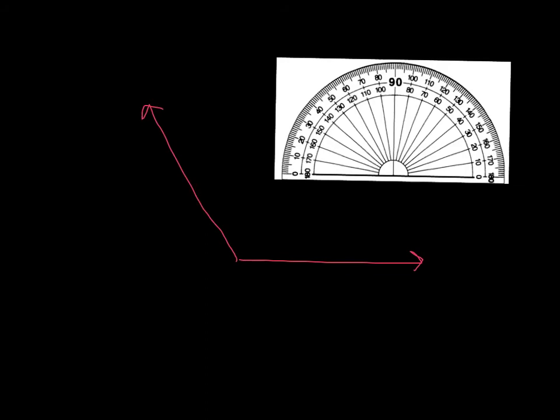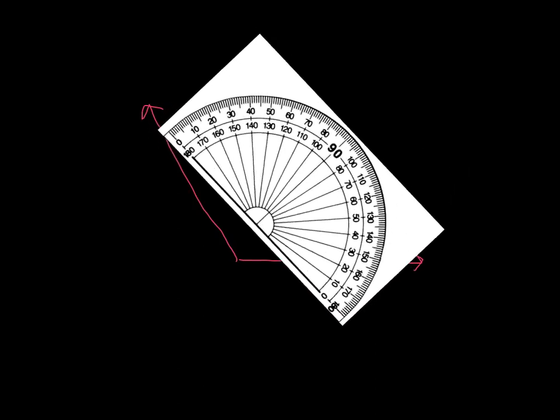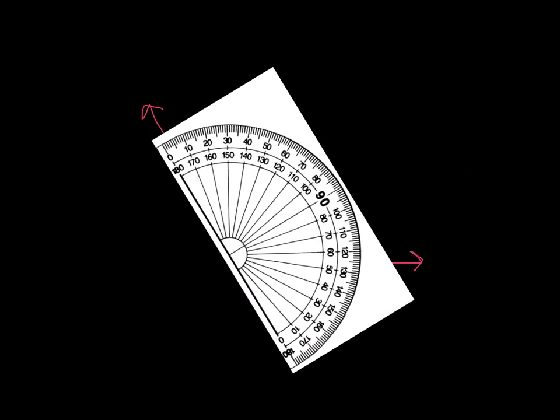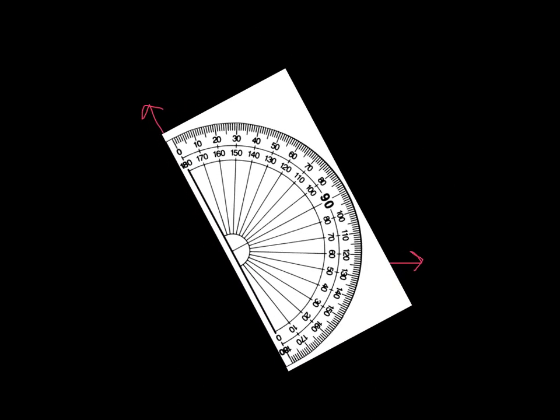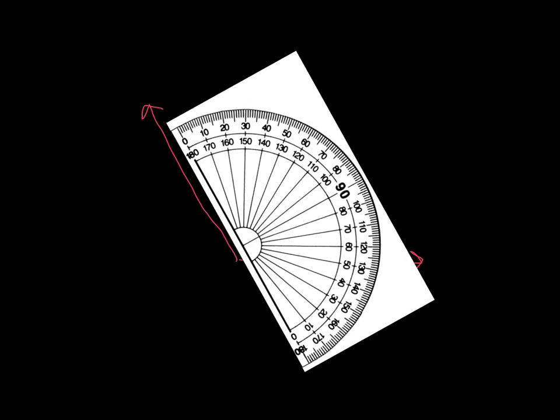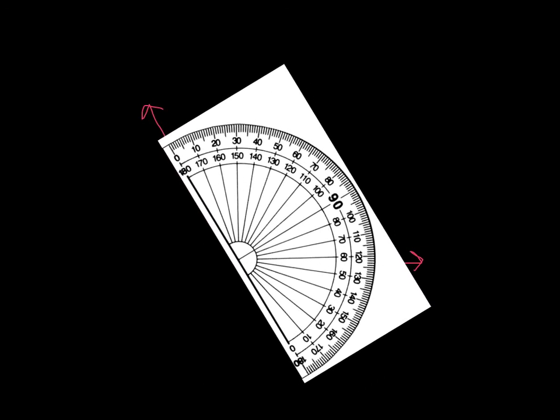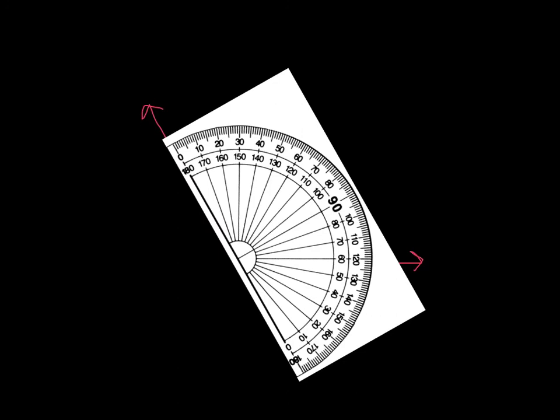All right, in a new slide here, we want to measure this angle. A couple ways to do it. I just have to make sure that this is going to be a little tougher because I can't really see the vertex. So I'm going to put it about right there, noting that one of the angles, in this case,